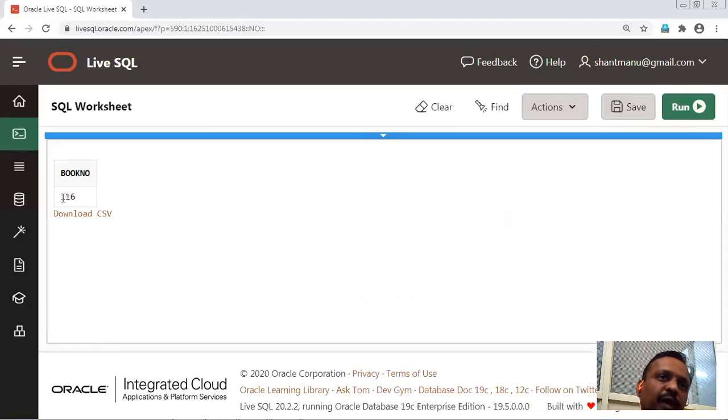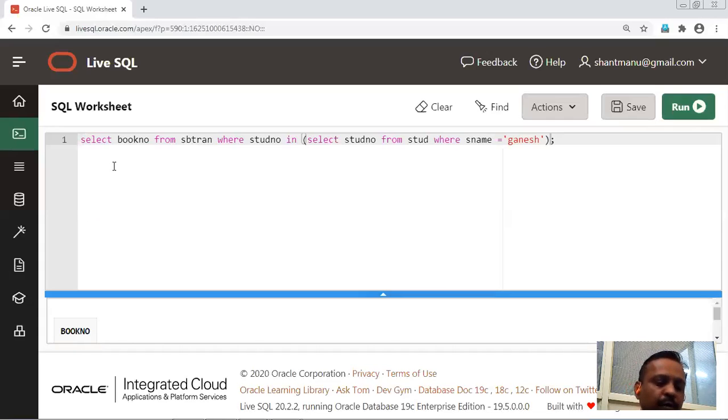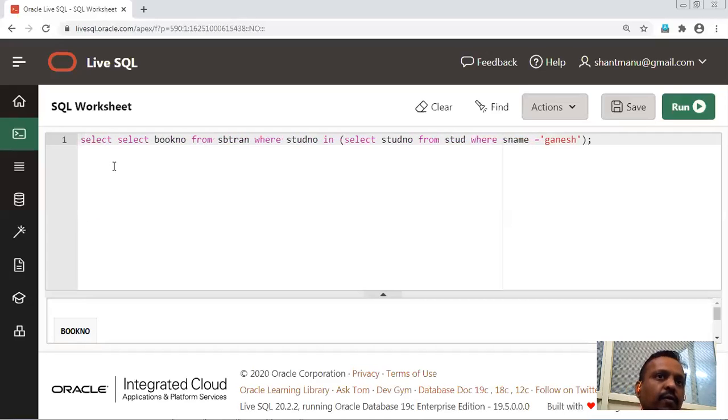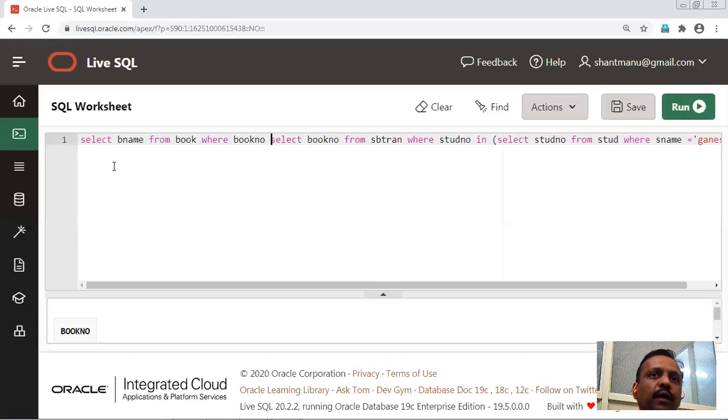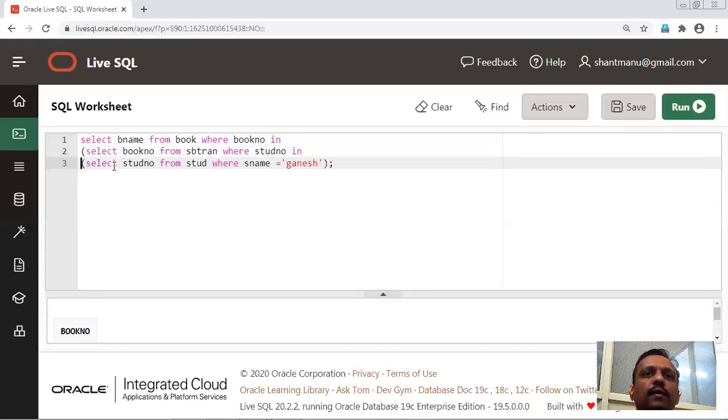Now, from that 116, you have to match it with the book number of the book table and find out the name of the book. So simply, here you select book name from book where book number in, and so on, with the closing bracket.